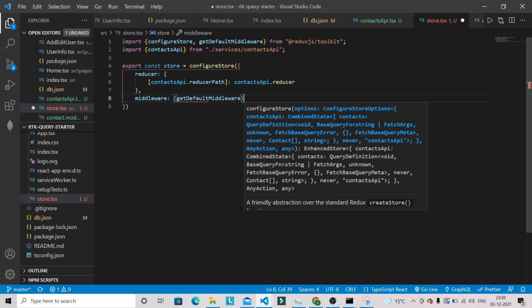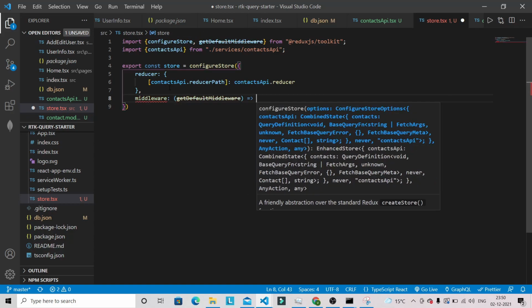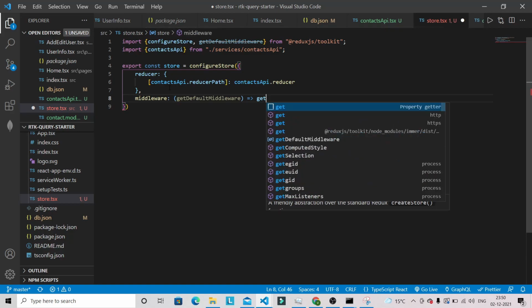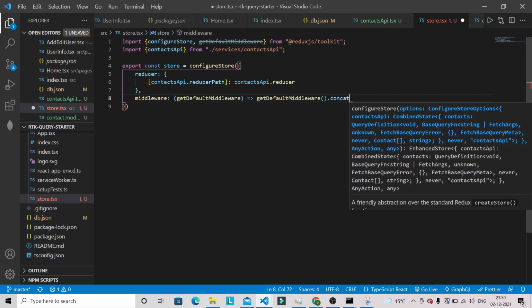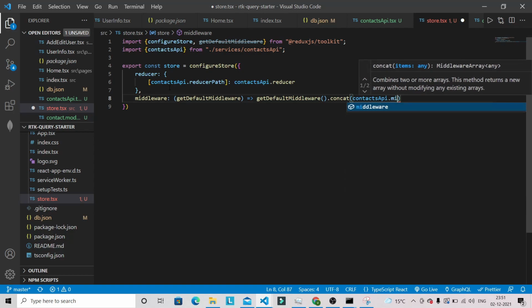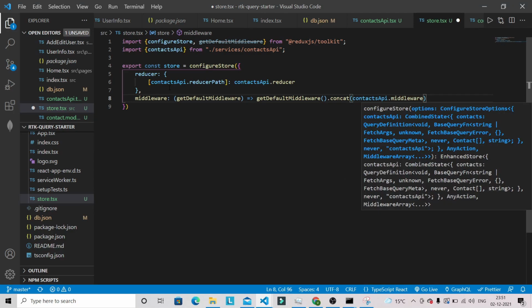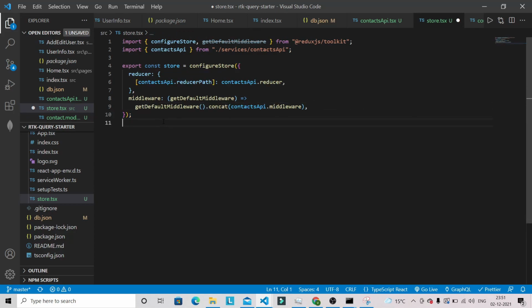Okay, and this will be an arrow function, and I can use here getDefaultMiddleware, and here we have to concat this contactsApi middleware. Okay, because this contact API we are going to use as a middleware to fetch the data from our JSON server in our React application. So we have configured the store.